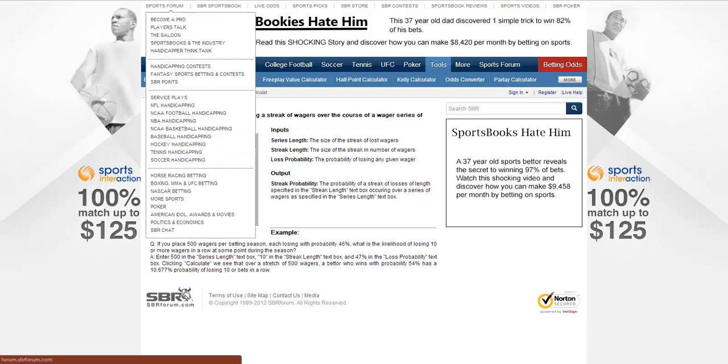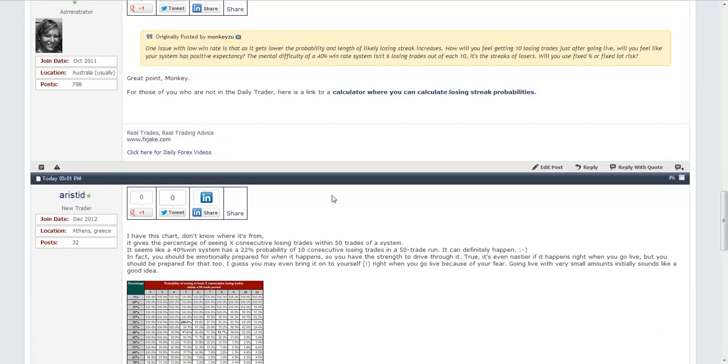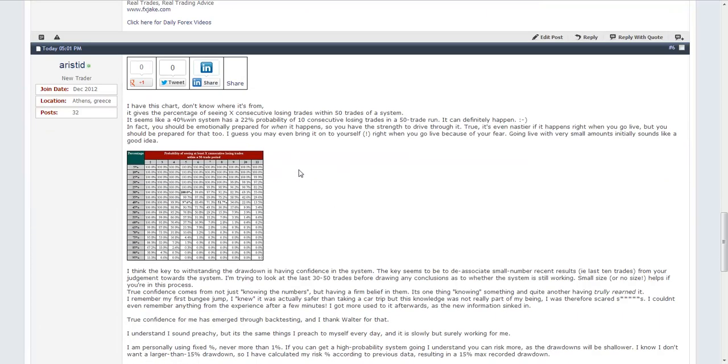So what does this all mean? Well, it means exactly what Aristides is talking about in here, which means if you have a system where you're not winning a lot and yet you have a really big reward to risk ratio, and that's often the case, right? Well, if it's not, then you better stop trading the system. If you have a 40% win rate system, your winners better be awfully big, otherwise you're not going to make any money. But let's just assume that we're making money with this system. It has a positive expectancy. Well, guess what? You should be emotionally prepared for when it happens,